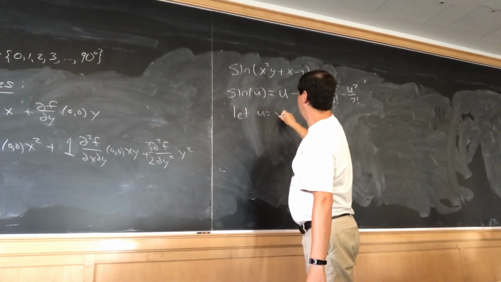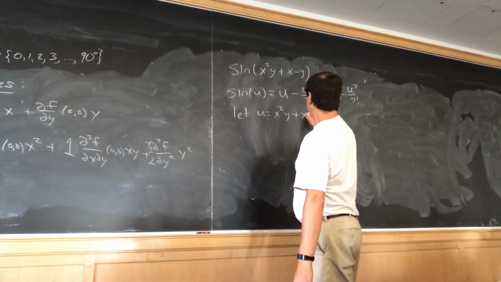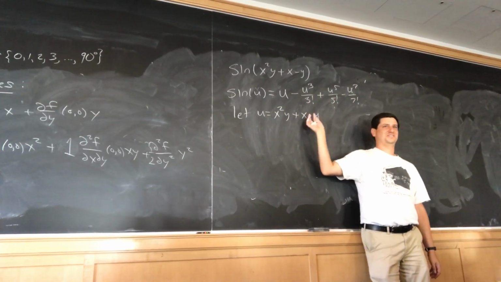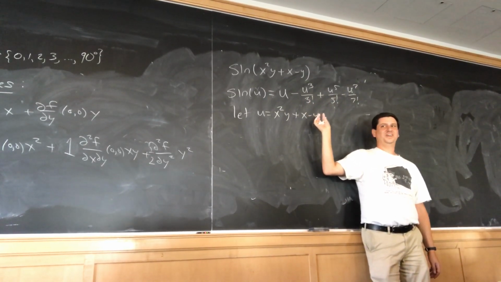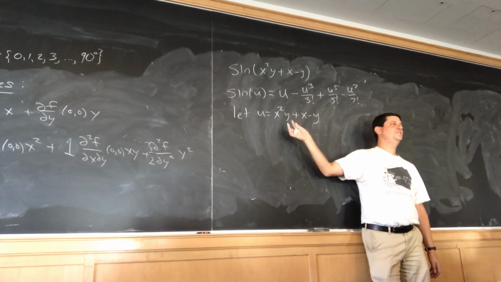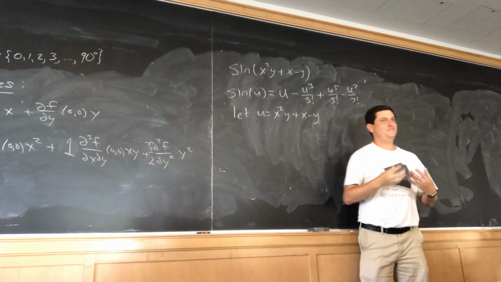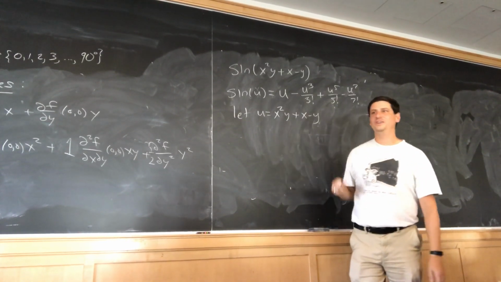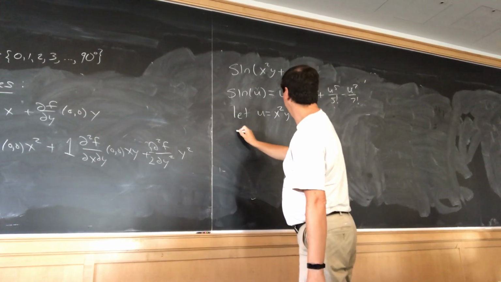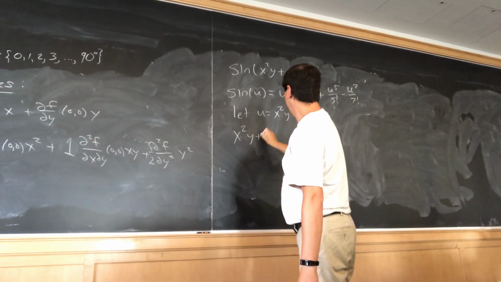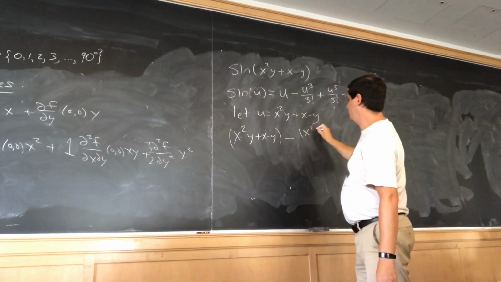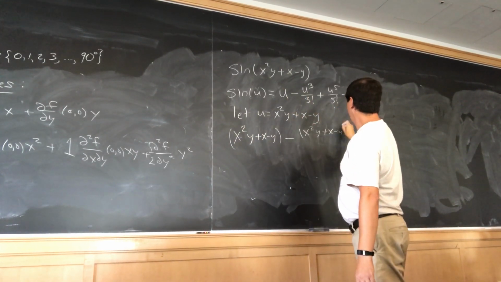Let u equal x squared y plus x minus y. How many people have seen this? Okay. This is a wonderful, wonderful trick to make multivariable Taylor series much nicer. If you have a function you understand, just plug in the new input. So now I would have x squared y plus x minus y, minus (x squared y plus x minus y)